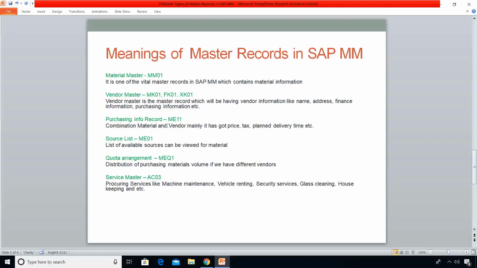Purchasing info record. In T-code ME11, what we do is club the material and vendor, where we maintain information and data like price, tax, planned delivery time and etc. Source list. We maintain the source list in the ME01 T-code.